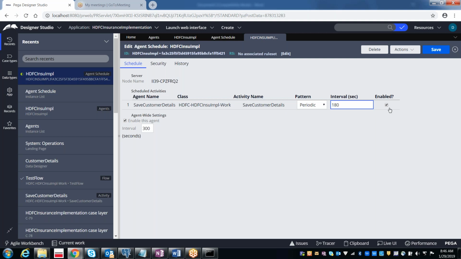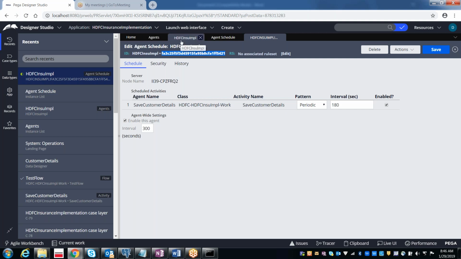Even, as I said, if you want to run only on one particular node, you can open all the 4 node instances, enable it only on one node, and disable it on the remaining 3 nodes, so that this agent runs only on one particular node, and on the time zone if you apply that particular time zone only. So like that, we can modify the agent settings only at the node level. That is all about the nodes.